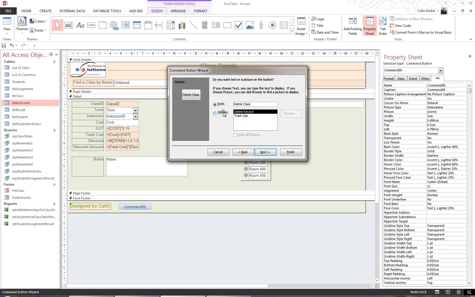Or you could actually choose a picture, and there's 2 of them pre-provided, this one, or a trash can. But if you don't like either of those pictures, you can show all pictures. And when you do so, there are a whole lot of pictures that you could choose from. And it's really just a matter of arrowing through them and looking at the sample in the top left until you find one that you like. I'm actually just going to stick with text, and I'm just going to call it delete record,